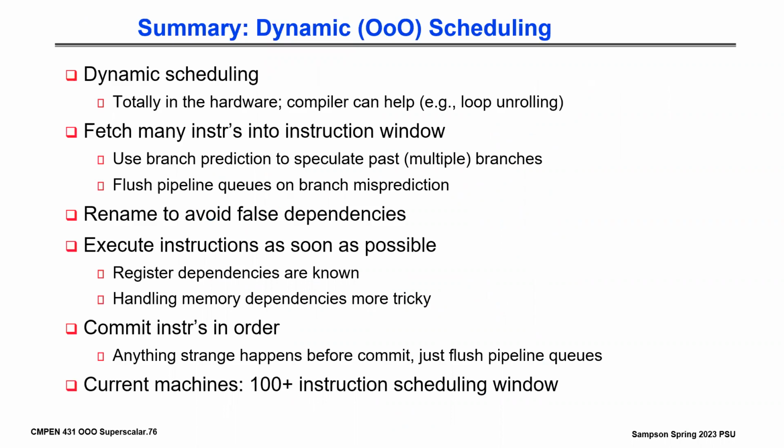So what's the right way of thinking about this? We looked all the way back at VLIW: if the compiler could look at our program and understand certain things about our dependencies and fundamental program semantics, could it expose lots of parallelism? Sure, but the compiler was going to be fundamentally constrained by only having static knowledge. There are lots of things it could not do because they were not sound as optimizations. I can't arbitrarily move a maybe dependence. I'm stuck with those. Whereas in dynamic scheduling, totally in the hardware,